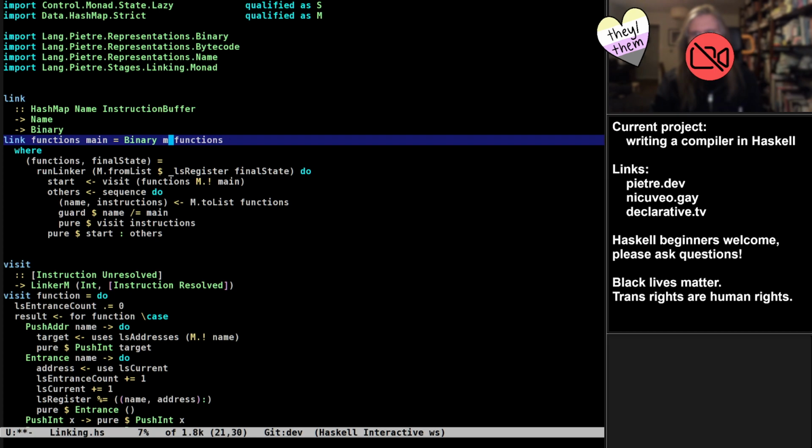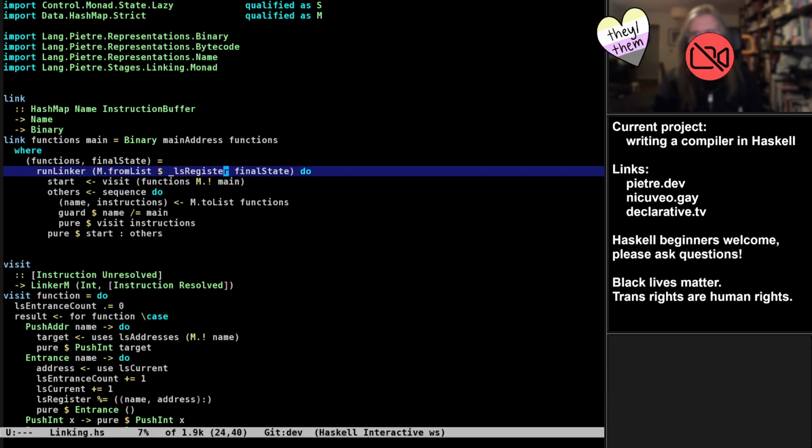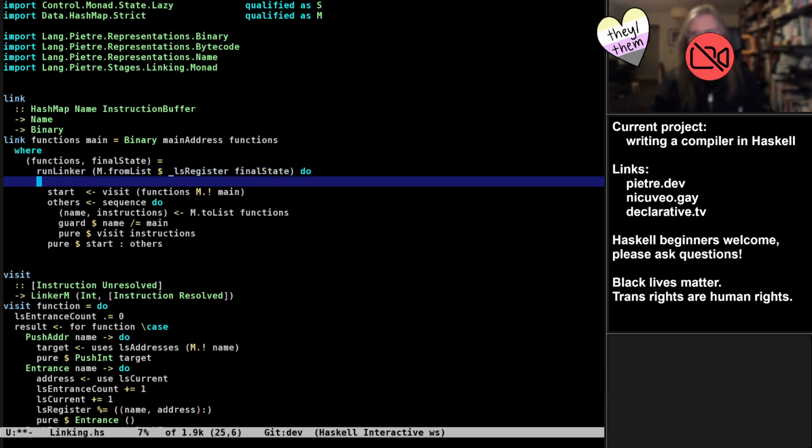But this is going to be main address, I suppose. But the upside is I should no longer need to do a special case of this like I've been doing, which is nice. What that means is I should be able to do a very simple traverse